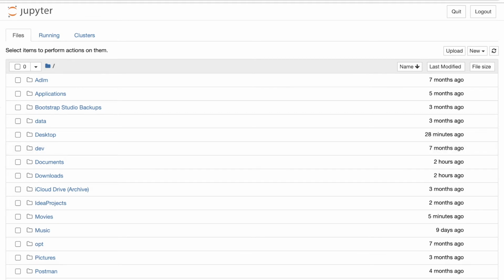Now, here you will see all your directories and files listed in the root folder. You also have a checkbox next to them. By ticking or unticking, you can perform certain manipulations on them. You can rename them, move them, or even delete. In the right hand corner, there is this upload button, using which you can upload a notebook into the directory